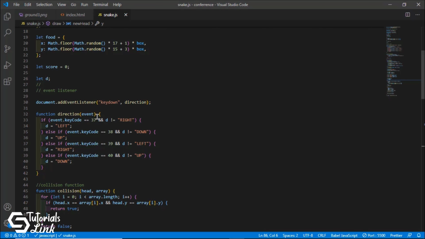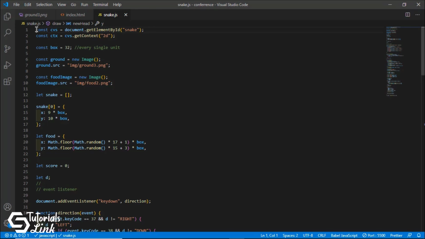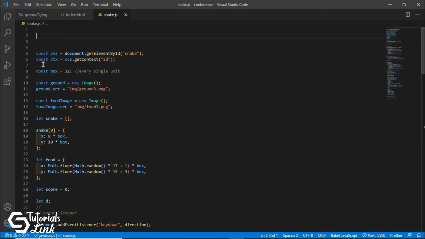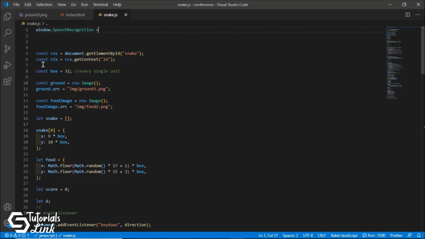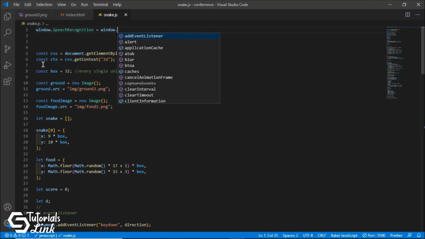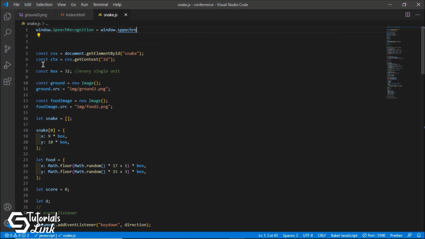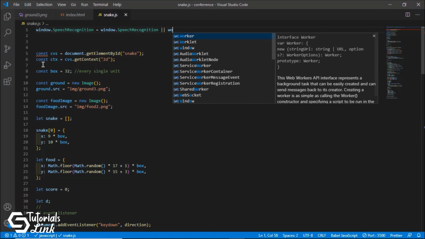Now it's time to put our speech recognition, and to do this we will make this on window, and the word is speech recognition, right? And we have to make sure that this speech recognition is not only approachable to the window in Chrome or Mozilla, it should be approachable to both. So we will make it supportive to both.